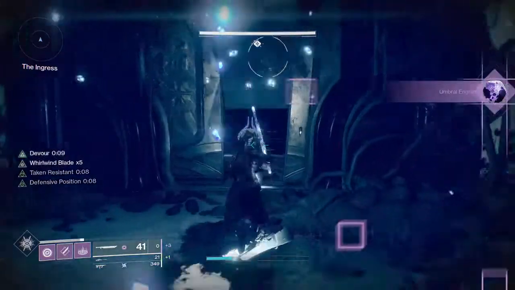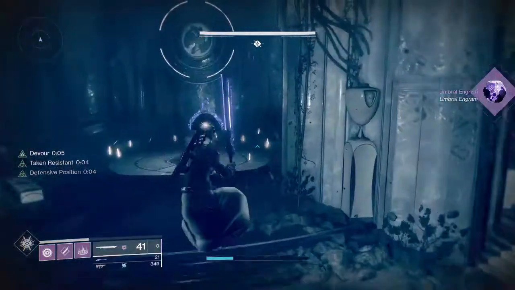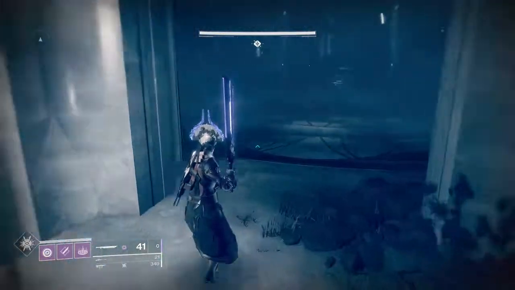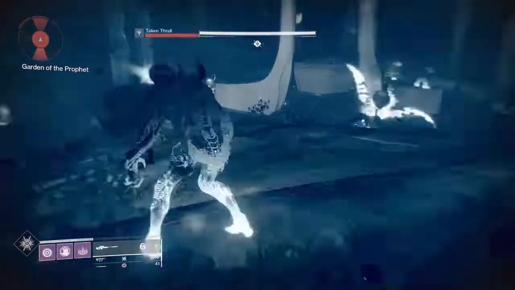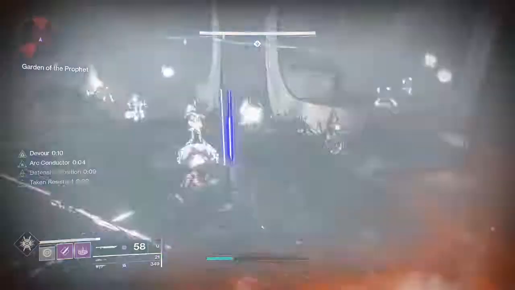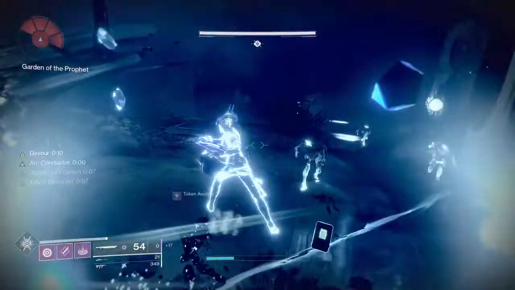For this first part, you're definitely going to want to be on a Warlock and be on Devour. Make sure you're popping your Devour grenade every time you go into a fight with the symbols, and then just sword everything else. You can pretty much use your sword as a primary as long as you're using Taken Armaments and throwing grenades